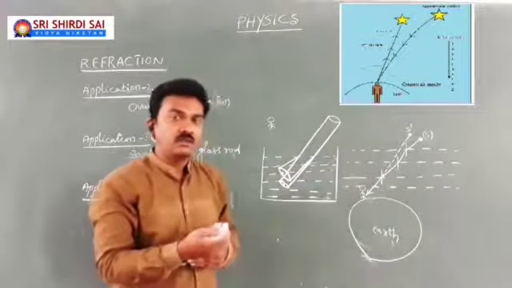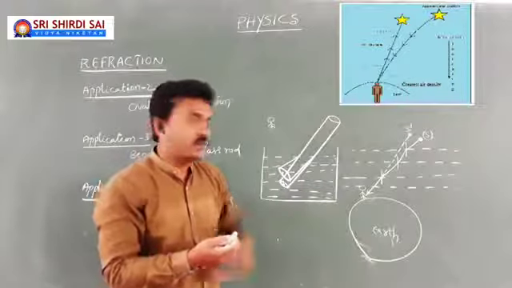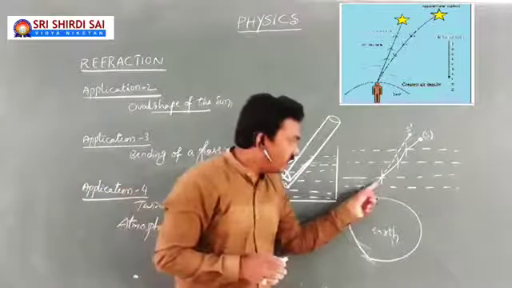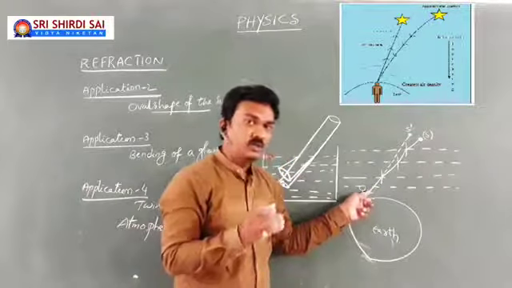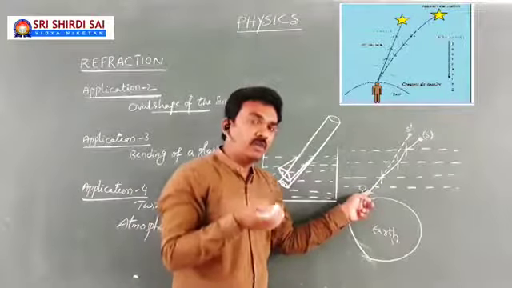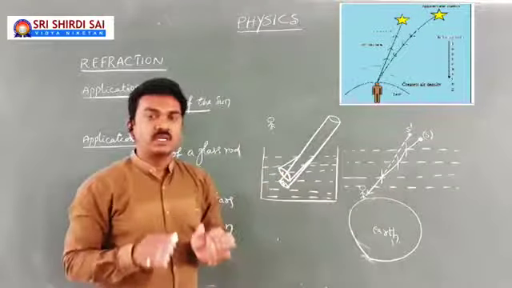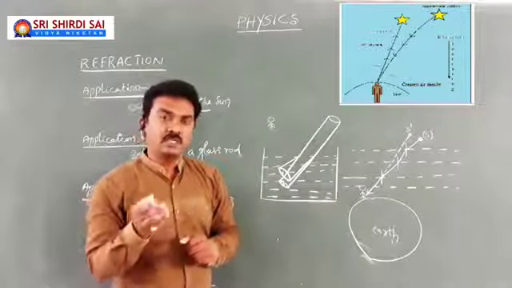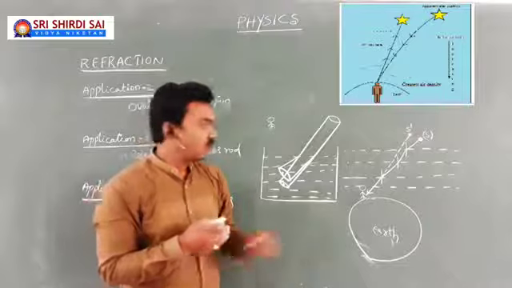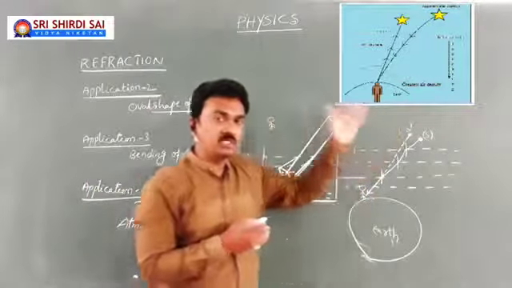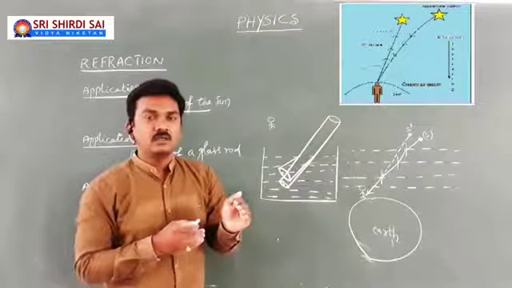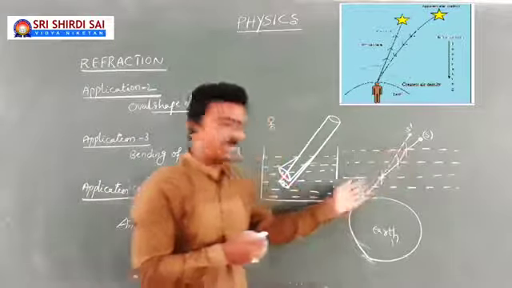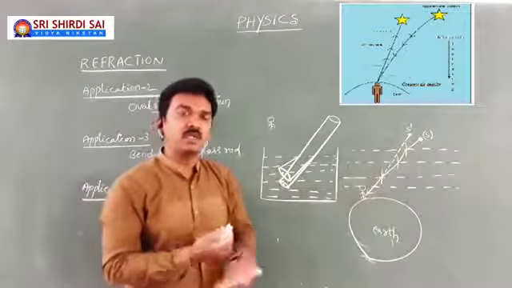density changes continuously. So the observer may not be able to find even the virtual image at a fixed location, because whatever the final light ray that is received by the observer is after all refractions taking place in the atmosphere. But atmospheric density changes continuously as per temperature and pressure conditions in the atmosphere. So even though the observer is finding the virtual image position of the star, that virtual image position may not be fixed, because this may not be the path preferred by the light always while traveling through the atmosphere, because